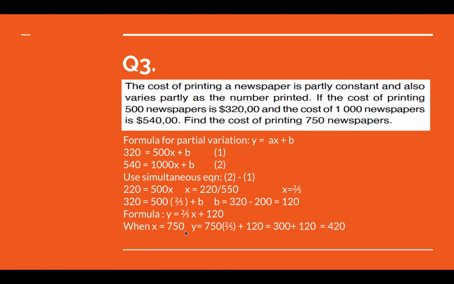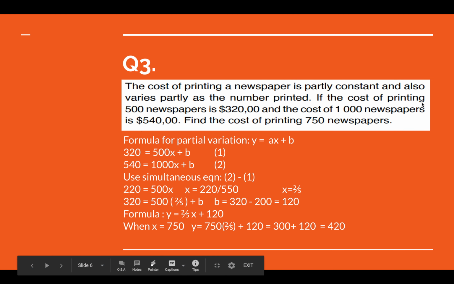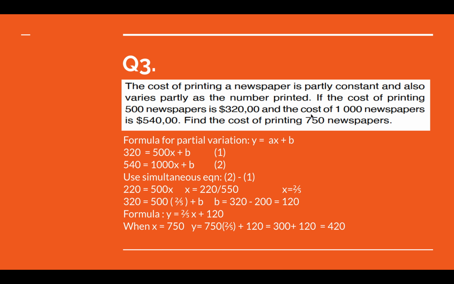Now we're told that the cost of printing 500 newspapers is 320, and the cost of printing 1000 newspapers is 540. Find the cost of printing 750 newspapers. From reading the question, we derive that the general formula for partial variation is y is equal to ax plus b. And since we know this formula already, we derive that if the cost of printing 500 newspapers, so in this case 500 is our